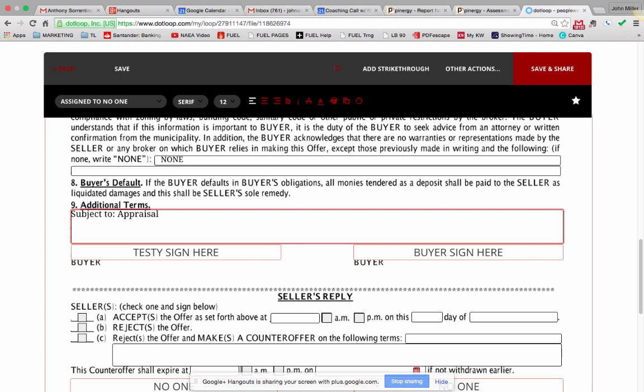You could write in subject to seller leaving the refrigerator and all of the curtains. So it's everything from stuff like that, curtains and refrigerator, to we want the roof checked because we saw a leak or something. Well, that would fit under the home inspection category. But you could say